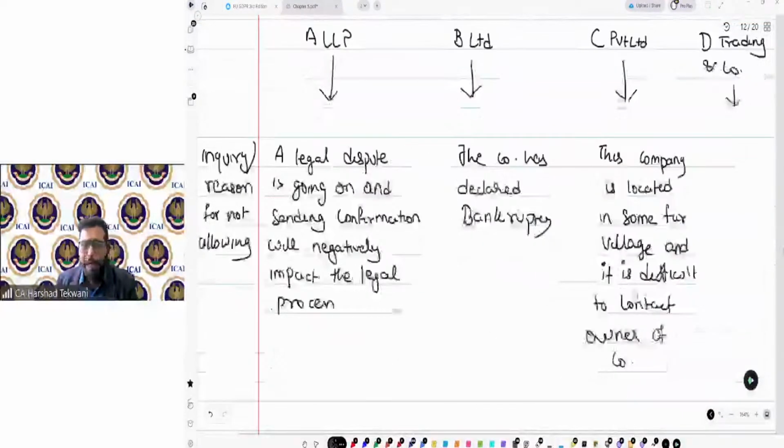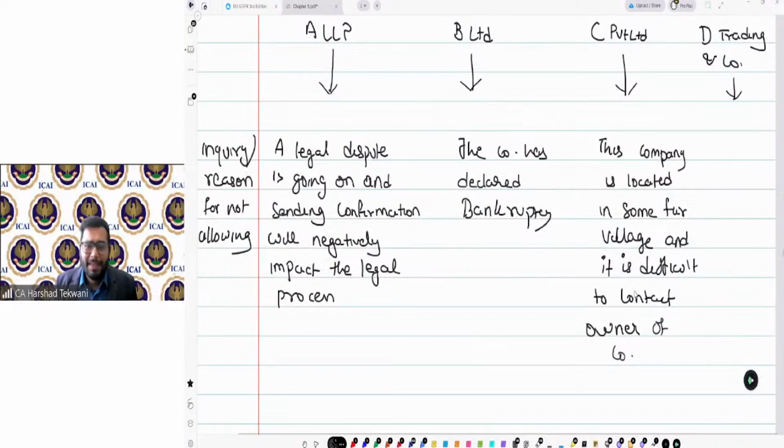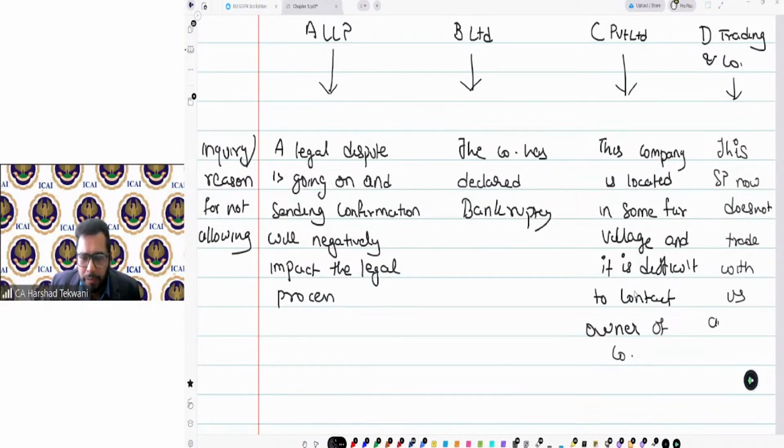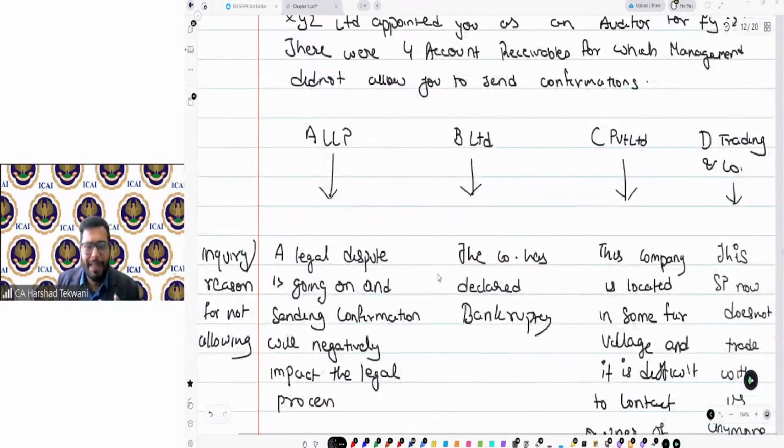And the fourth one, D Trading Company, management says that this particular sole proprietor does not trade with us anymore. Now these are the reasons that you've been given, the responses given by the management. A, B, C, D.